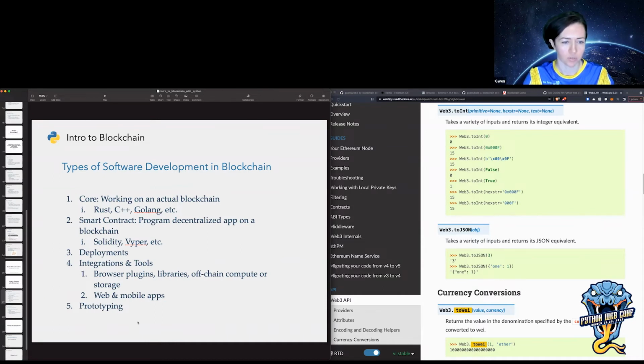So a lot of people, or most projects, I would say, have some kind of off-chain compute. They're usually called oracles, and they'll have off-chain storage too. You can do those two things in decentralized or centralized ways. A lot of places will use centralized options. So they'll have some of their code on AWS, and then they'll deploy some smart contracts to the blockchain as well. One popular project has a lot of their logic on the blockchain, but then off-chain,